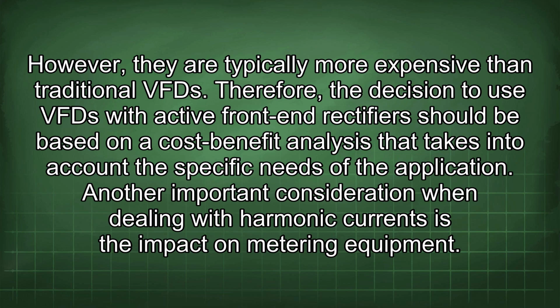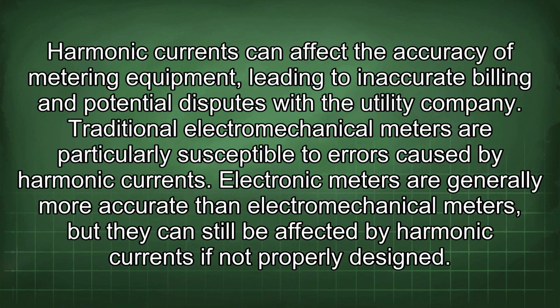Another important consideration when dealing with harmonic currents is the impact on metering equipment. Harmonic currents can affect the accuracy of metering equipment, leading to inaccurate billing and potential disputes with the utility company. Traditional electromechanical meters are particularly susceptible to errors caused by harmonic currents. Electronic meters are generally more accurate than electromechanical meters, but they can still be affected by harmonic currents if not